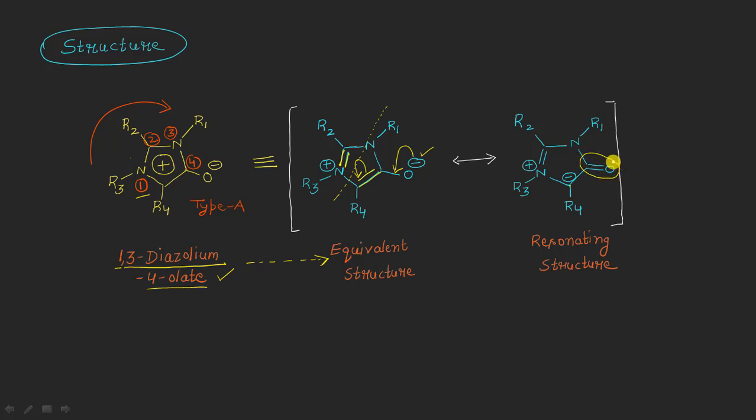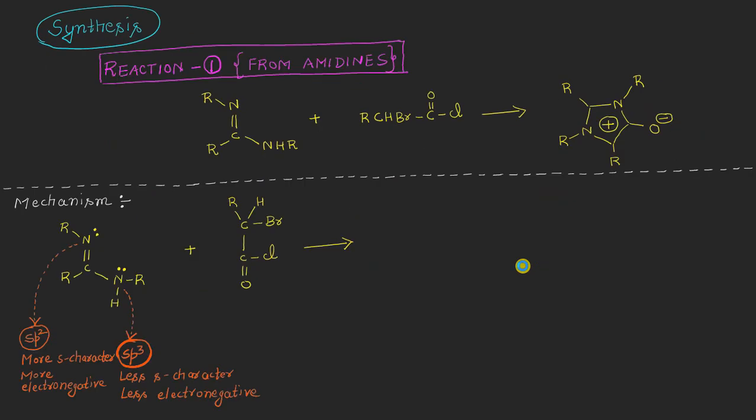So that is why I have shown these two structures, the first one as well as the second one, in these square brackets. Let me write here, these are the square brackets which show our resonating structures for this mesoionic molecule. And right now on your screen, you can see the method of preparation for this mesoionic molecule. We will be discussing two important reactions here.